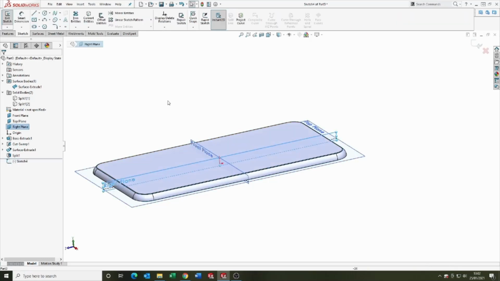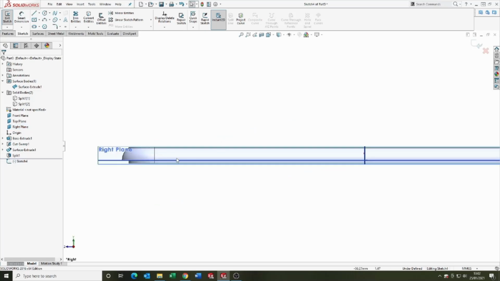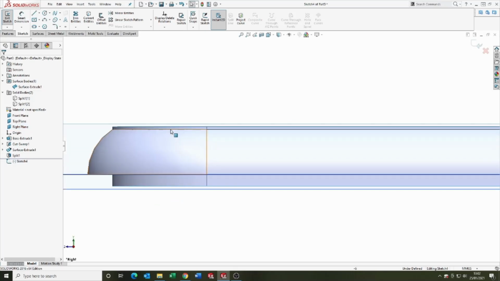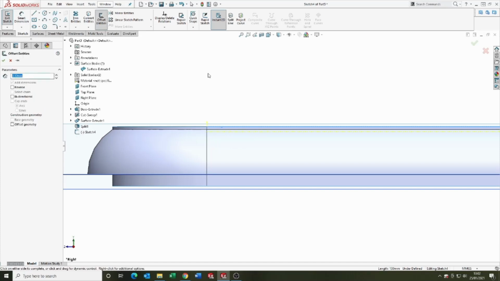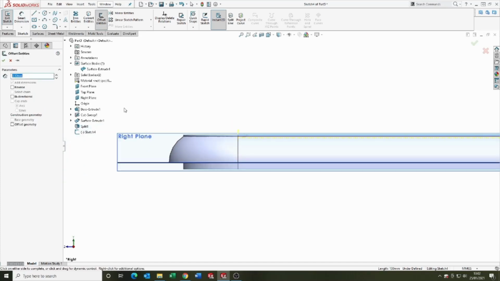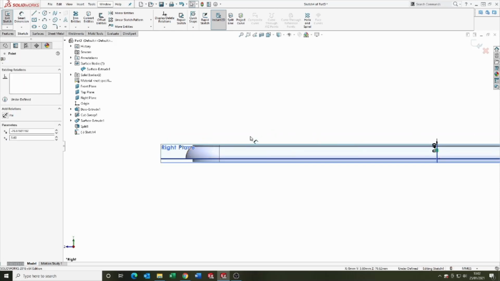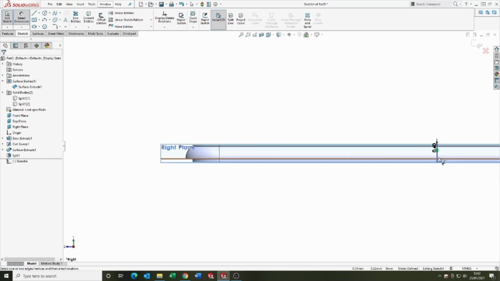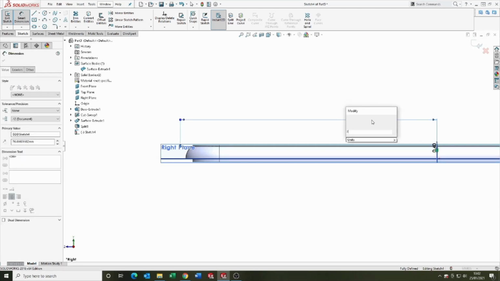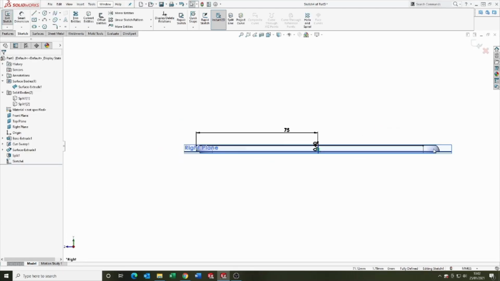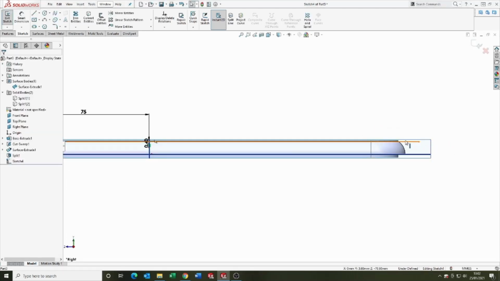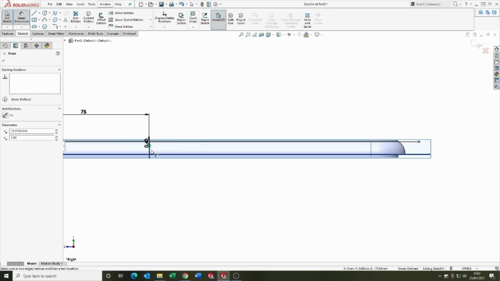Select the right plane now, and we're going to create a horizontal sketch. So we're going to offset the top edge by 0.4. If you want to fully define this sketch, I think I go 75mm from the outer point to the centre plane. And this sketch we're going to use to trim the surface, so when we've fully defined it,